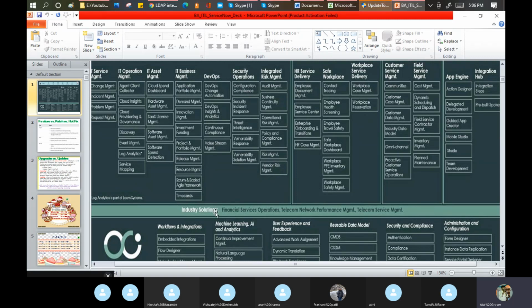Along with this, ServiceNow comes up with industry-specific solutions to maintain their financials. Suppose SBI Bank is a financial institute. They want to use ServiceNow. They can use the ServiceNow FS module. Telecom, Vodafone, Idea, British Telecom, or Jio, all these companies want to maintain their records in ServiceNow. They can use the ServiceNow specific product called Telecom Service Management. And they're coming with legal management now, medical as well. A lot of industry-specific things they are bringing up.